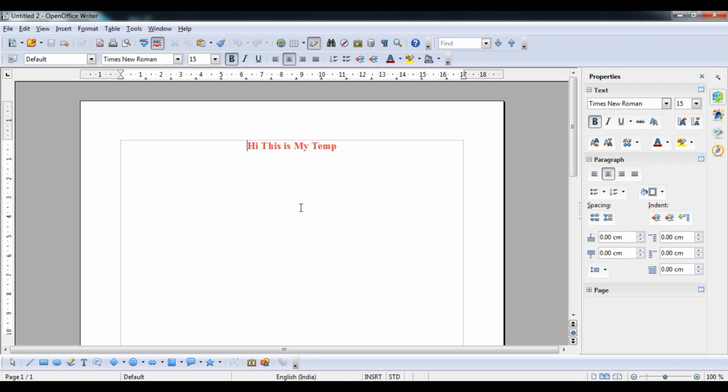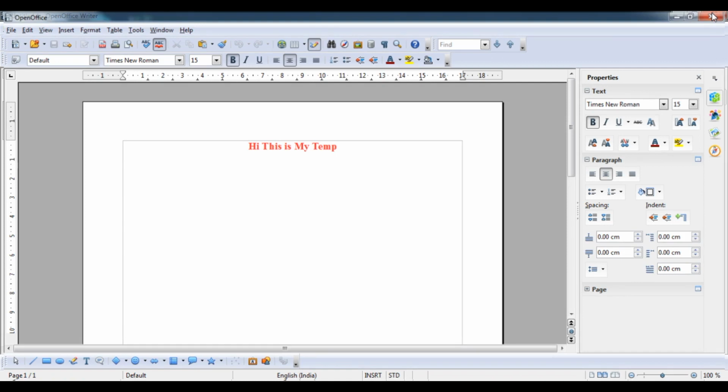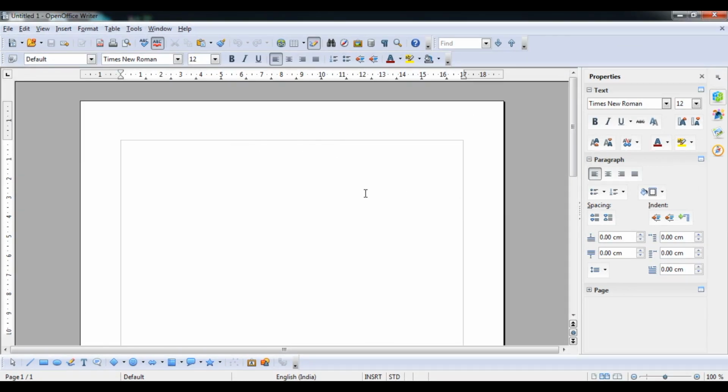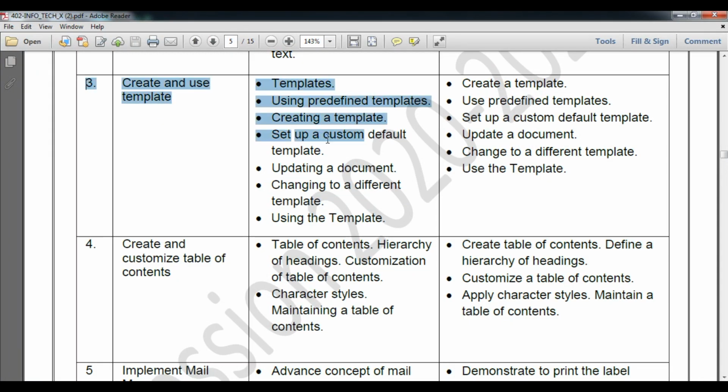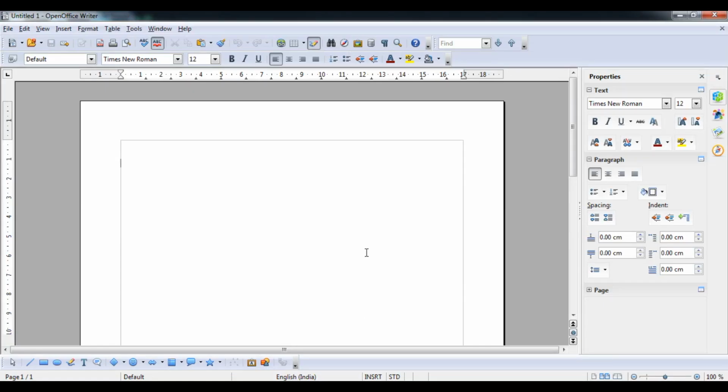Okay student, now how to apply your template in a document. So suppose that this is the document which I have not saved yet. So what I will do, I will just copy the same content. Okay, so here is my content. I will select it by the drag option. Then after that you have to press Control A, Control C, that is copy. Then after that go to the OpenOffice option and then hit enter.